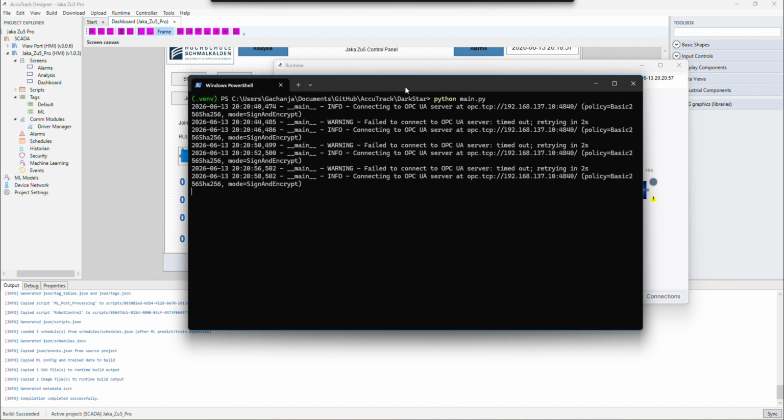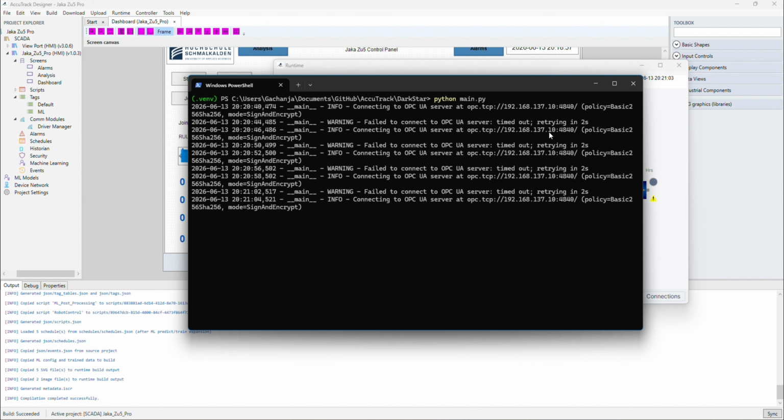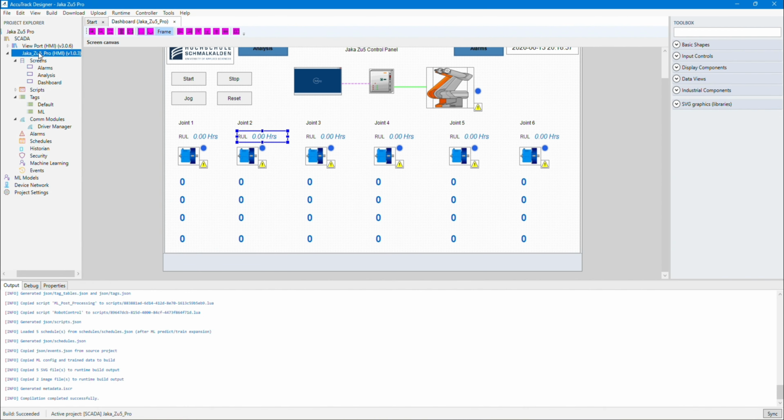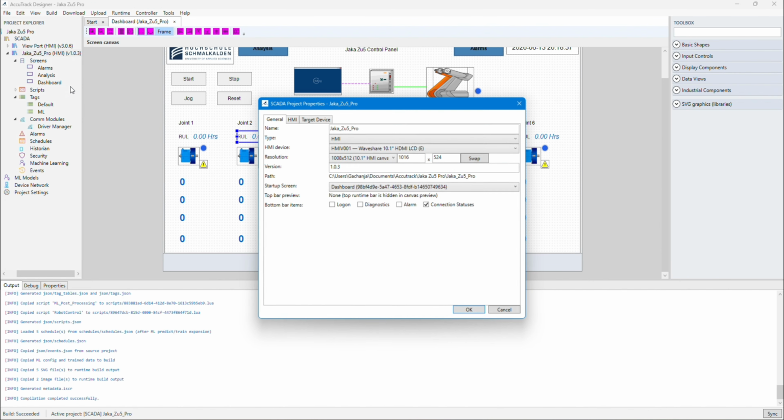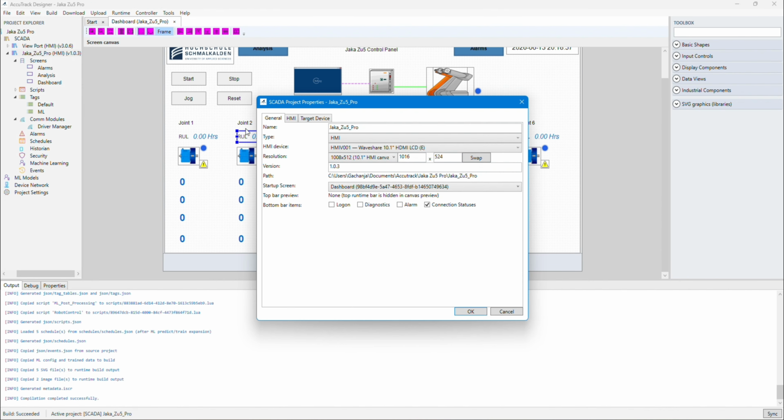So yes, the reason this is failing to connect to the OPC server is because it's configured to this IP address, 192.168.137.10. So that is our actual HMI. You go to properties, target device, that is the address of our HMI. So we need to change our script